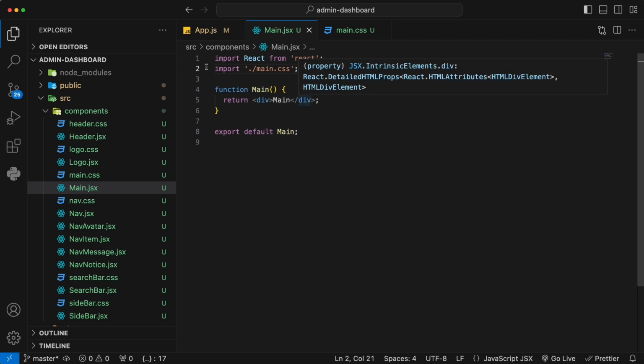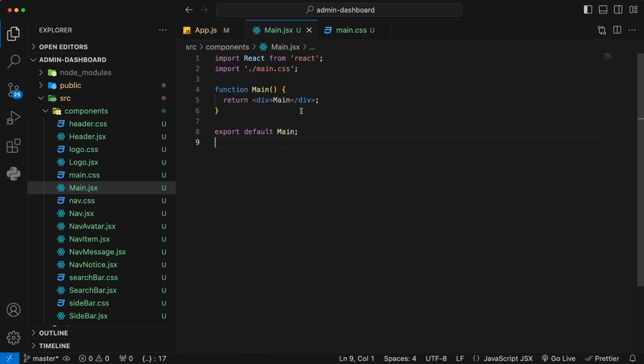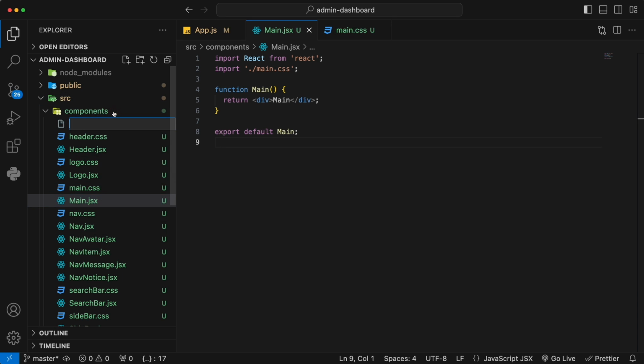In this main body, we're going to create the body of the dashboard. Basically, it's the empty space on the browser. And just imagine what this body of the dashboard contains. Firstly, it will contain a page title. So we'll create a separate component for the page title, and then comes the dashboard itself. So over here, instead of showing the main, we're going to do two separate components as well. The first one is going to be the page title,